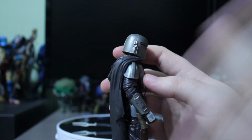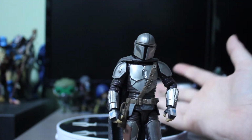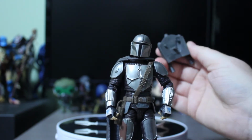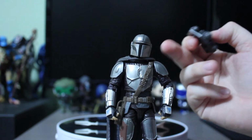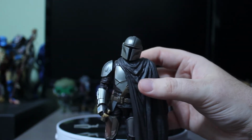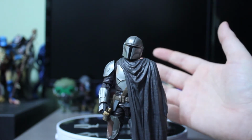The cape isn't a problem on the original figure because, one, he doesn't have the jetpack and it works. Generally, I think that cape works really well. With this, it doesn't, because you have the jetpack in it, and as you guys saw with the opening shot of this guy, I have to get it in a weird position so it looks like this. While I think it looks cool like this,